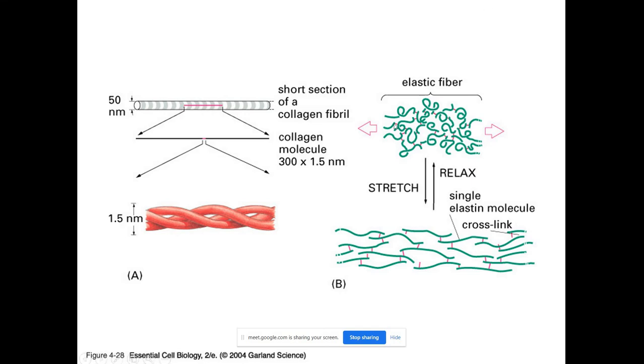Now the elastic fiber. In elastic fiber we have this type of structure, and it has elasticity. There may be changes also, because elasticity means it can be transformed. It has a transformation ability. When it is relaxed, it is in this upper form. When it is stretched, it is in this form. You can see here.